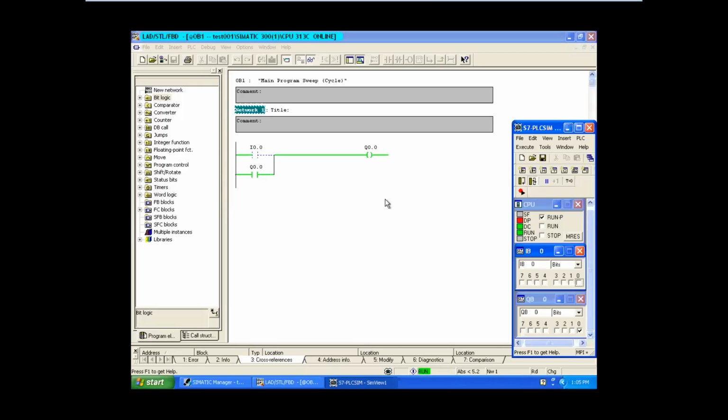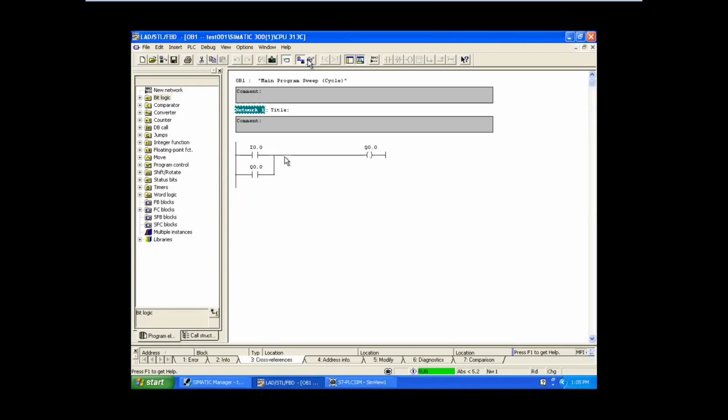Correct? So we need to use one stop push button for that. Right? So stop push button means that also is a push button. You need to put over here like this. So this circuit is called as unlatching. Okay. So this is latching and this is unlatching.